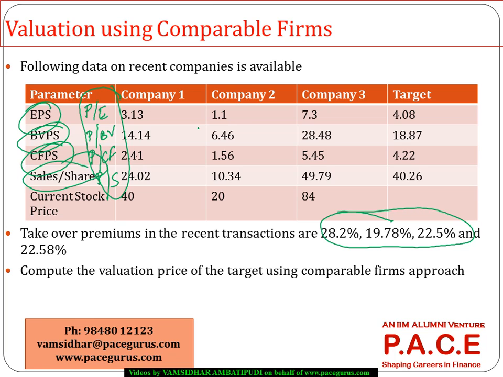I am taking 3 competitors of the target company, taking their book values per share, earnings per share, cash flow per share. I am looking at all those numbers, and also their current stock price. Finally, to come out to one mechanism of if at all this particular target firm has to be taken over today, what should be the appropriate price. If at all the target firm needs to be taken over today, what should be the target price. So from that standpoint, I have missed out something here.